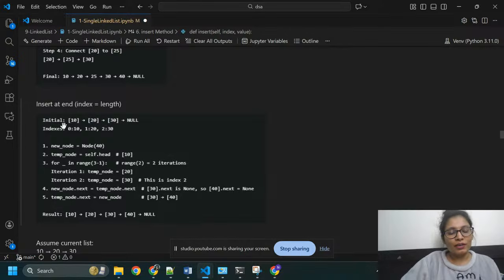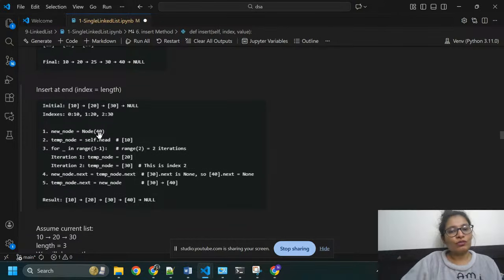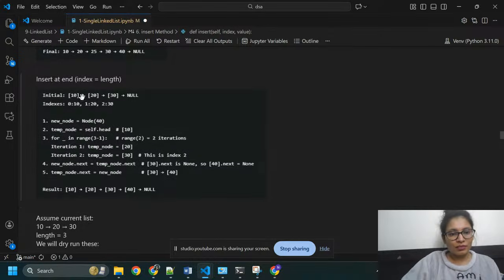For example, this is the linked list. New node equals 40. I took 40 as the new node. So here temp node equals self.head, that is 10. This one is the head. I'm going to take another example. Temp node equals self.head, that is 10. For i in the range of